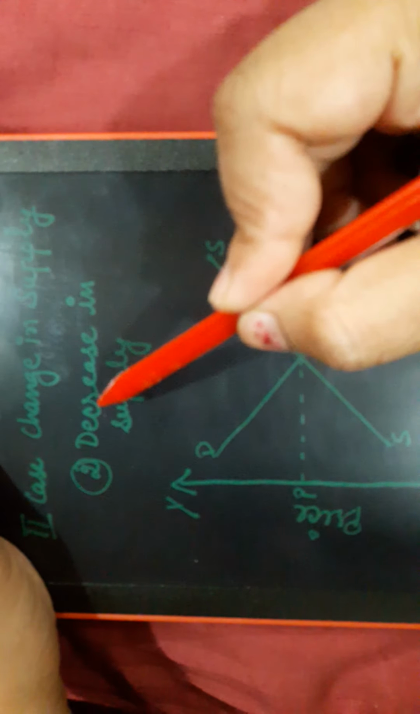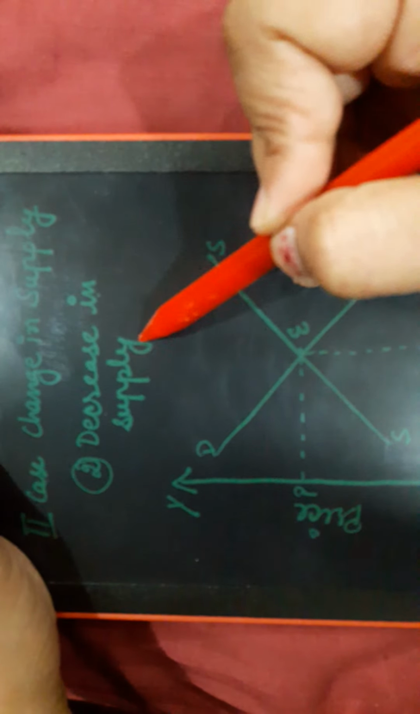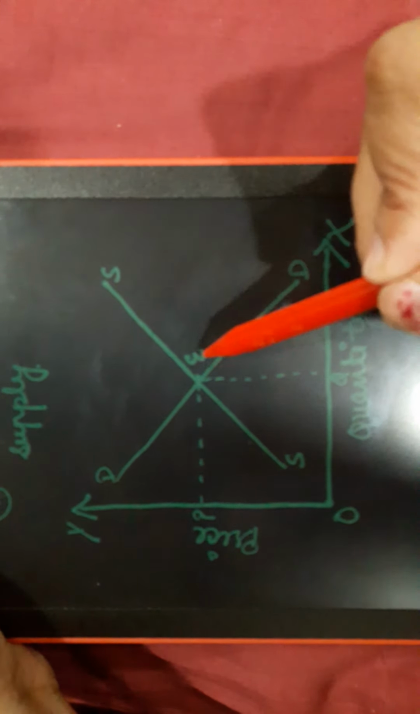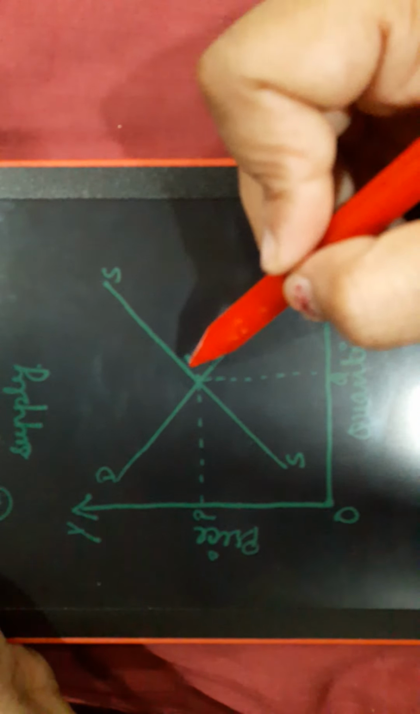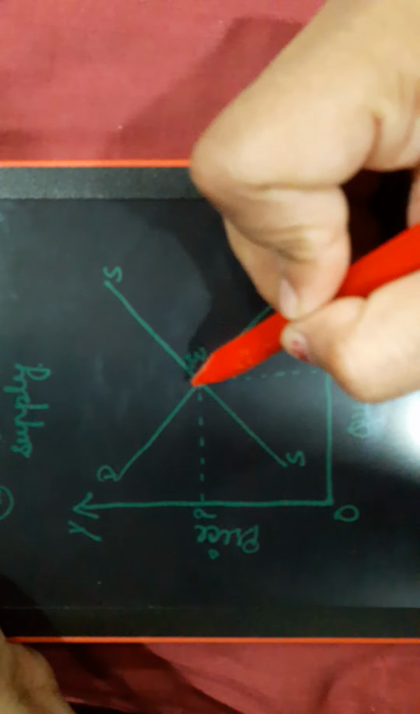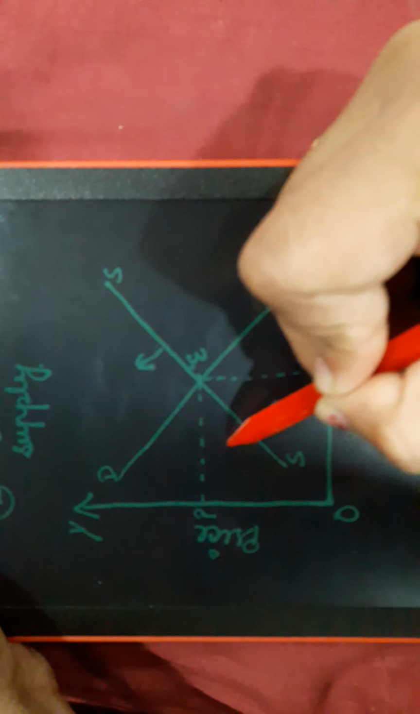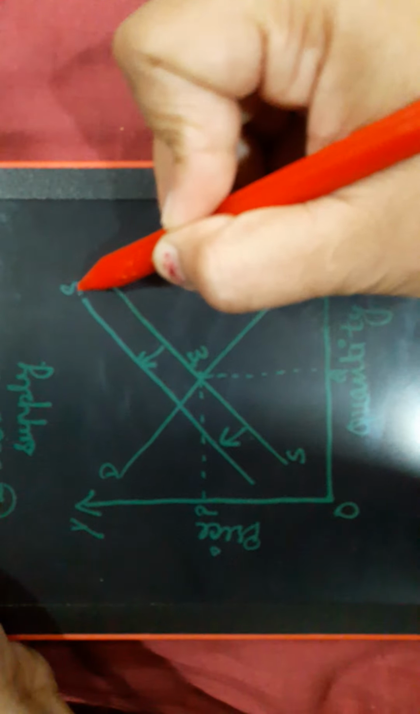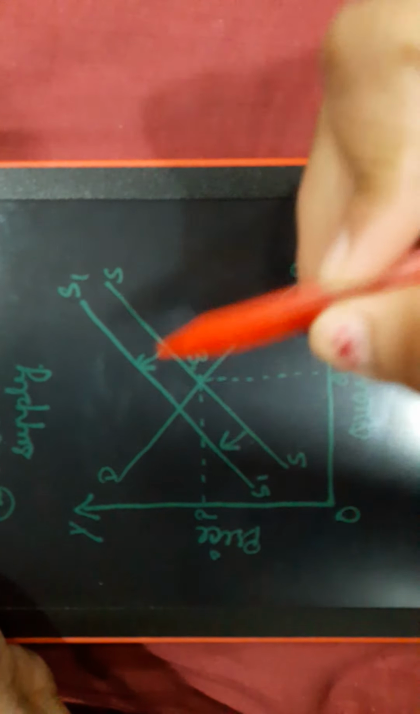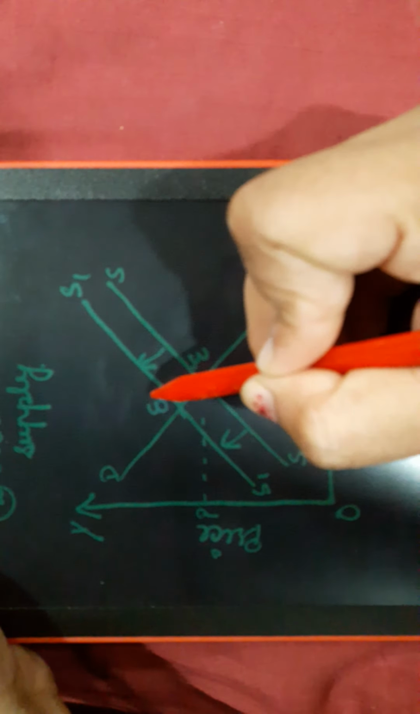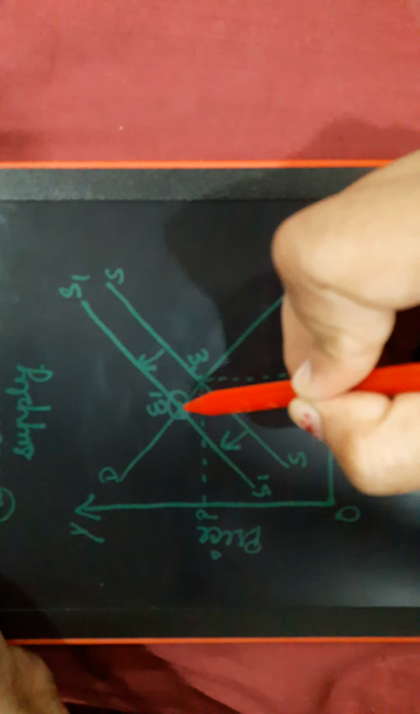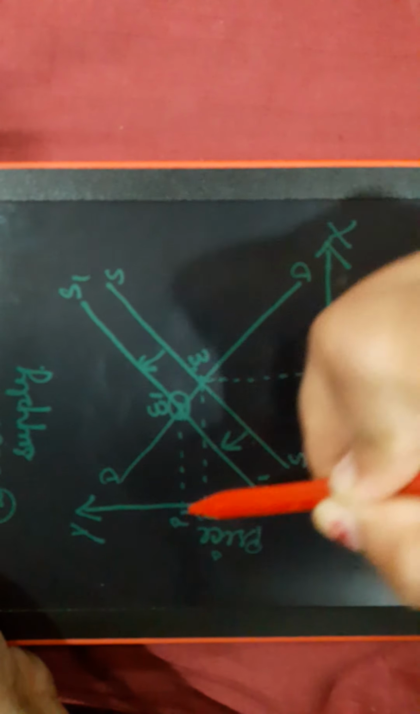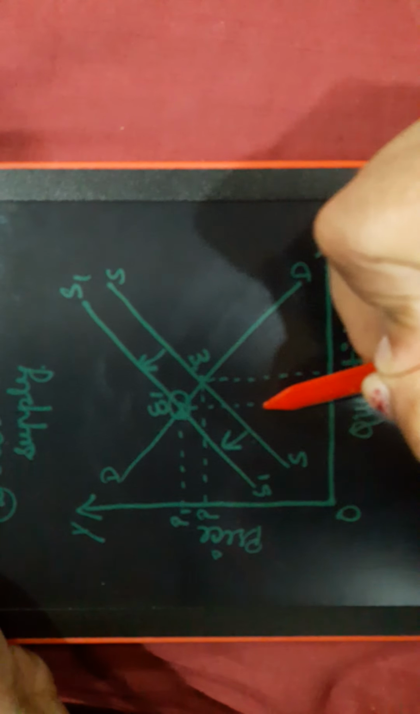Now the second situation, which is decrease in supply. Again we'll have to draw the initial diagram showing the equilibrium. Now we will show the decrease in supply curve and it will be shifted to this side. So the supply curve would be another S1 and S1. With this, the equilibrium point would also be shifted from this to this, and there would be a new price and new